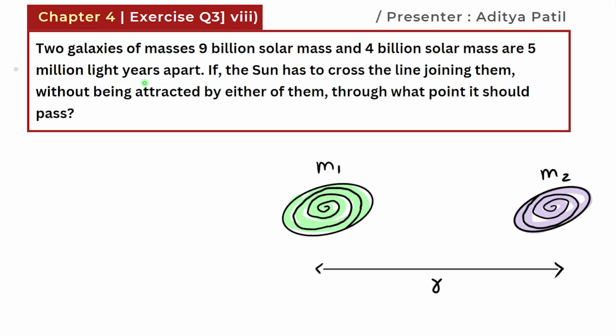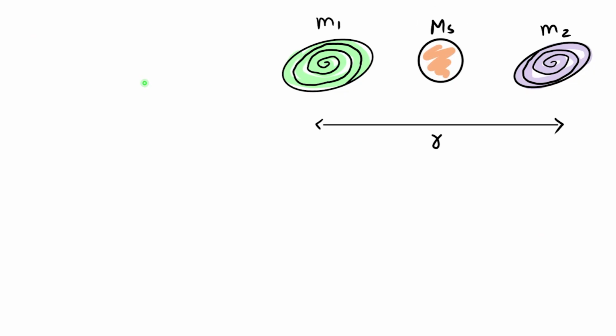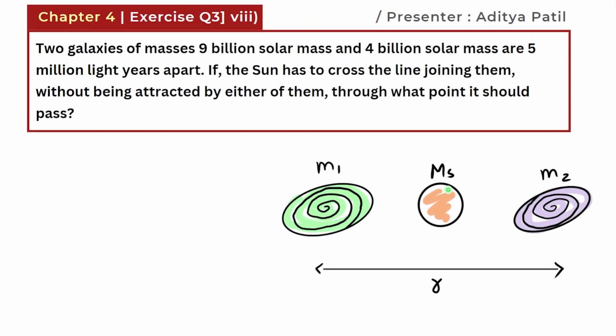And based on this, हमें एक situation दी गई है कि हमारा जो sun है that is supposed to move from these two galaxies. ठीक है, so जब sun किसी galaxy के around move कर रहा है, so we know that celestial bodies आपस में gravitational force exert करते हैं. Now the mass of this galaxy is way greater than sun. To be specific, it is 9 billion times the mass of sun. So it will exert a large amount of gravitational force on sun, because of which this sun would get attracted